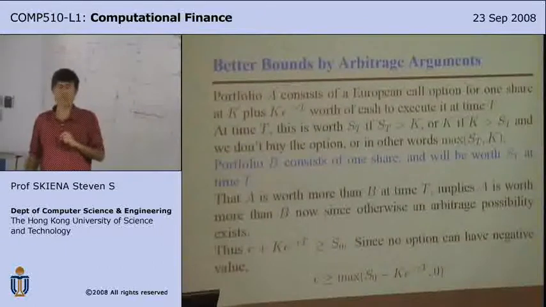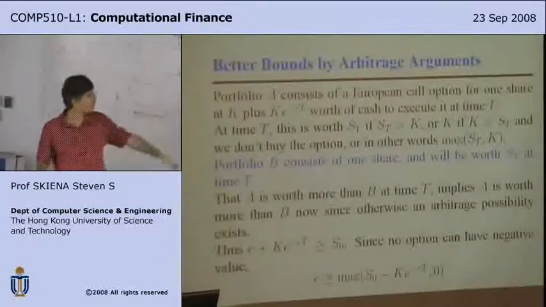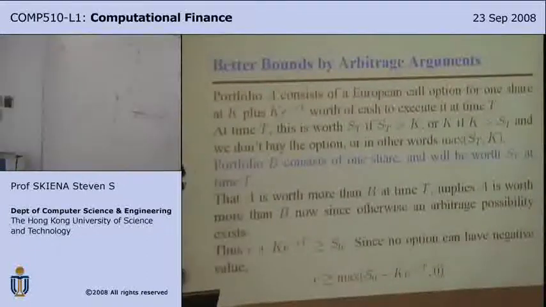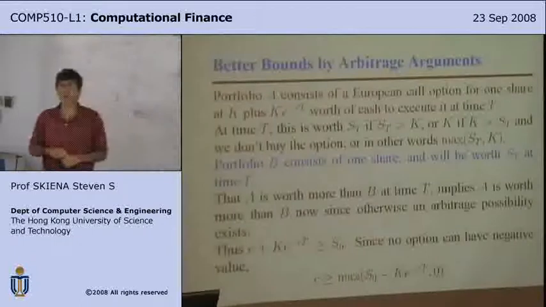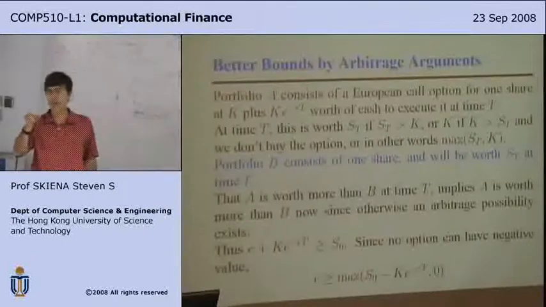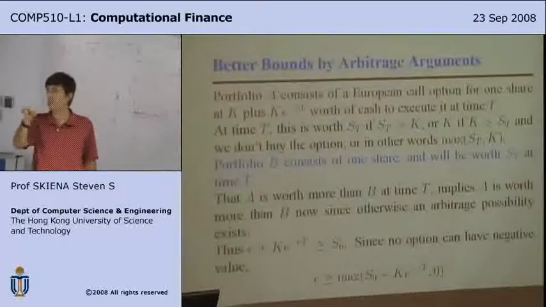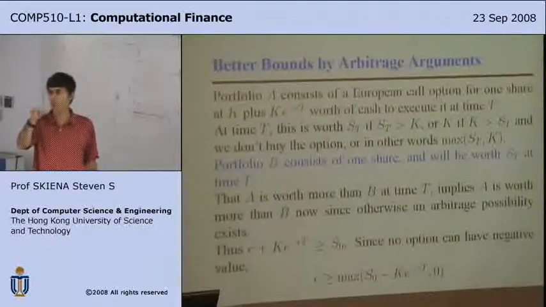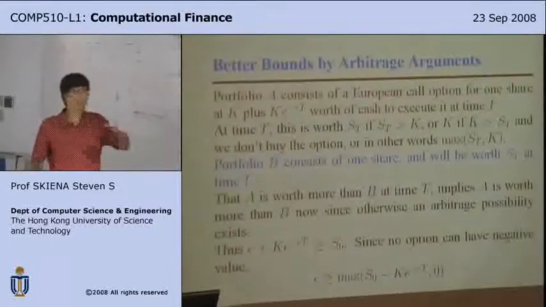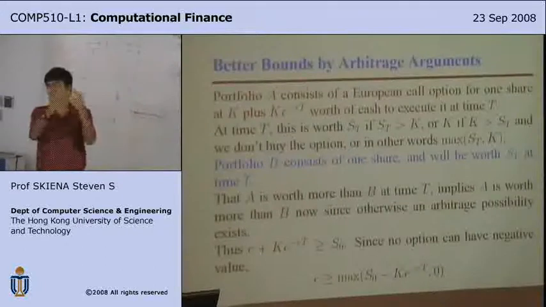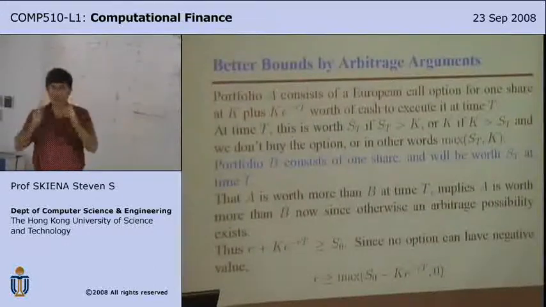So what does that mean? That would mean that a call option plus the cash, which is down here, has got to be worth more than the current price of the stock, which is S of 0. Does that make sense? If you didn't believe it, you would rather take the other side of the deal, right? Because you can always convert that share of stock right now into the current price of it.